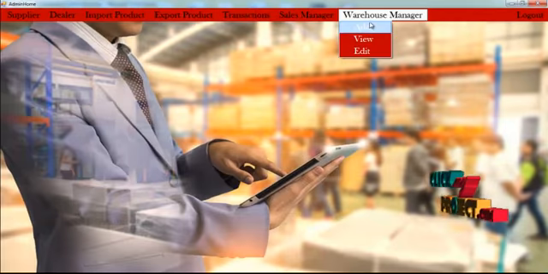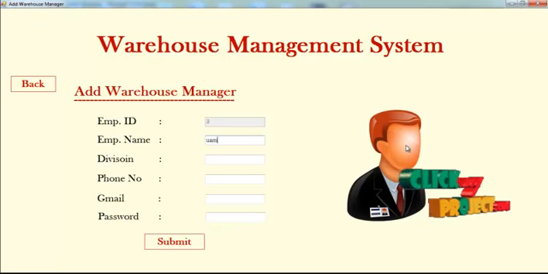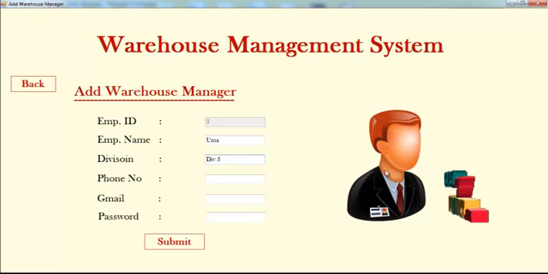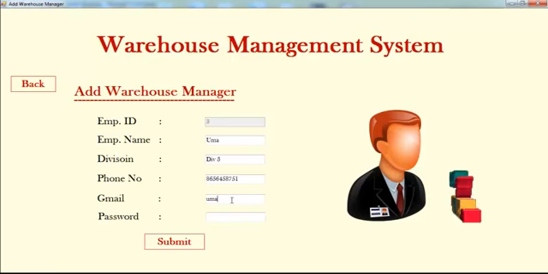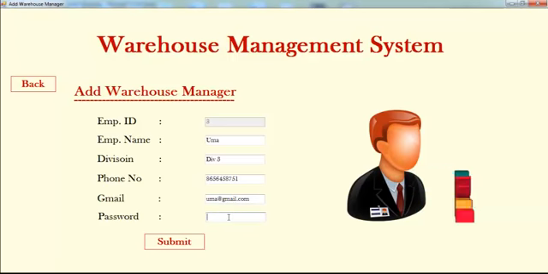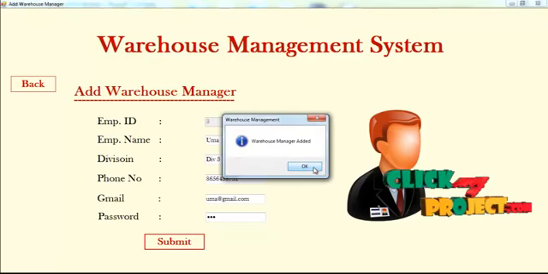Next, warehouse manager details added. The warehouse manager detail is added.